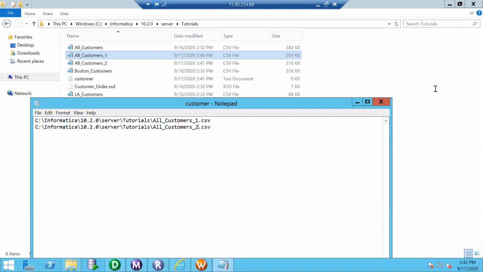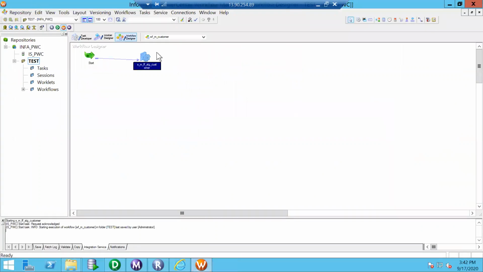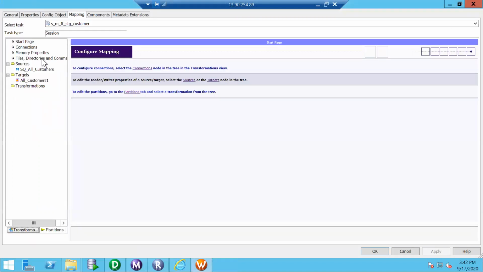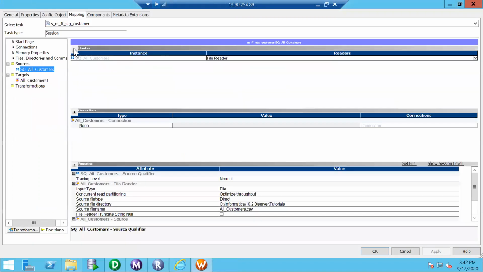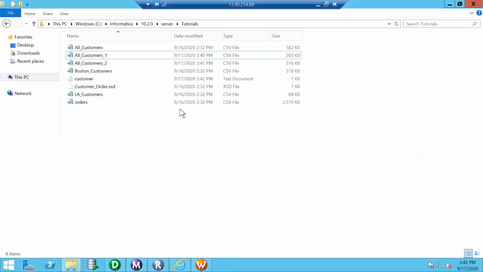Now, when we run the Informatica workflow after these changes, it will try to read the data from both the files. In the mapping, I need to say read from the same directory, but instead of .csv, read from a file called customer.txt.